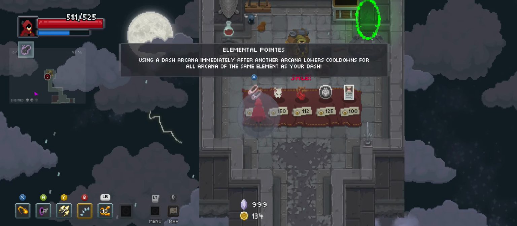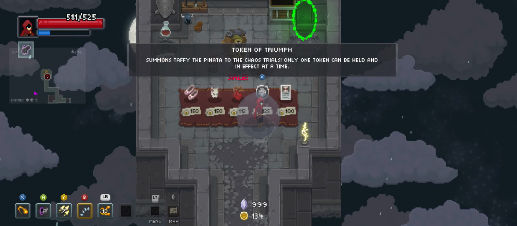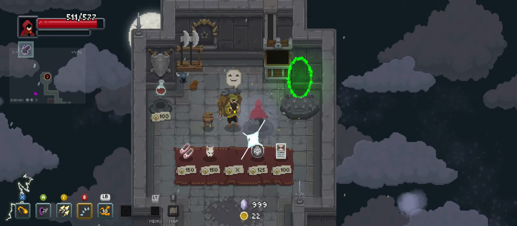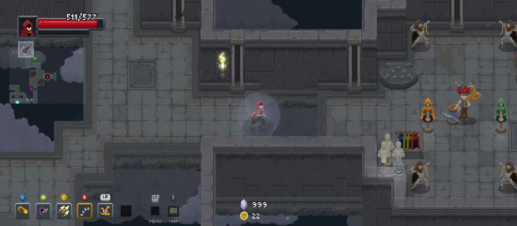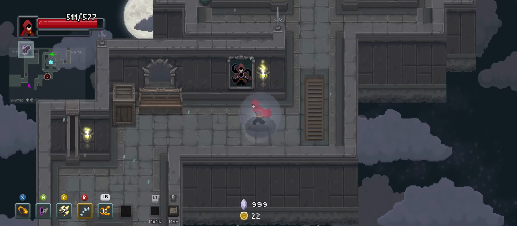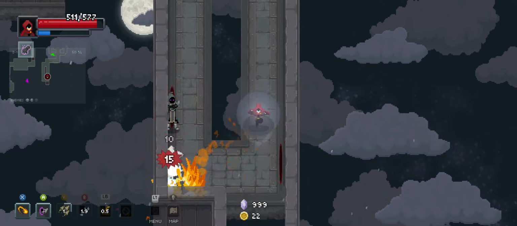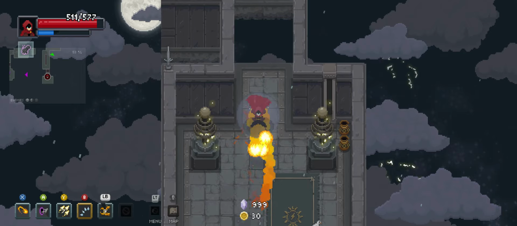Alright, what do we got? Yeah, elemental pointies. Okay, that's not helpful. Giant's Heart. That is kind of helpful. Summon Taffy the Pinata! Okay, well I am going to take Giant's Heart. Sometimes just being able to effectively face tank something is all you need. And I will come back to upgrade my robe from Seville services once I have 100 gold. The health is not the problem right now. I just can't pay for it. It'd be nice if I had a token of elegance, but...